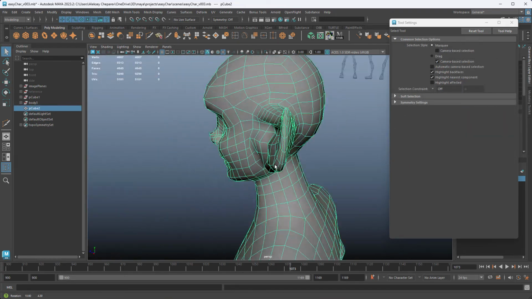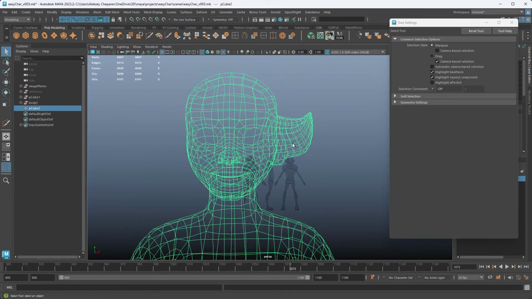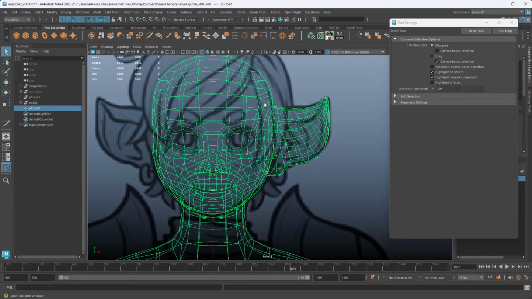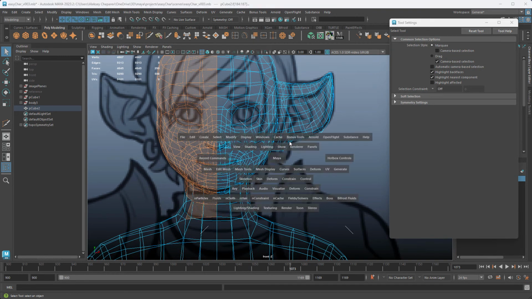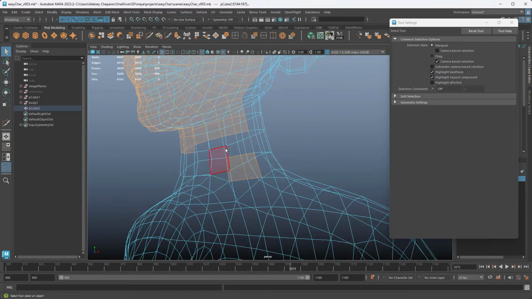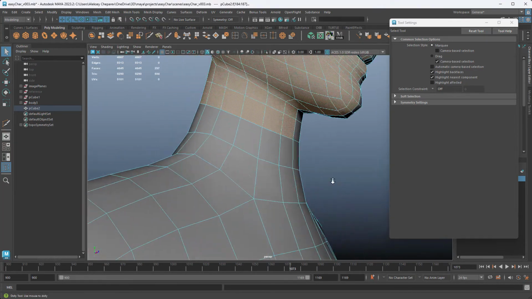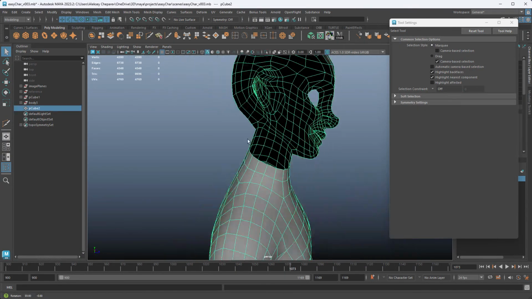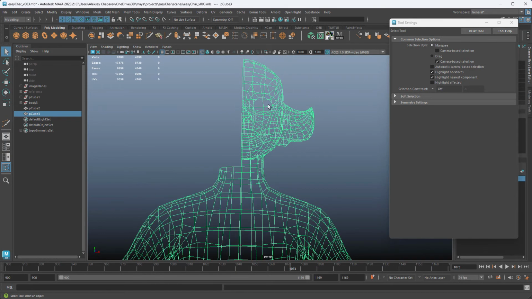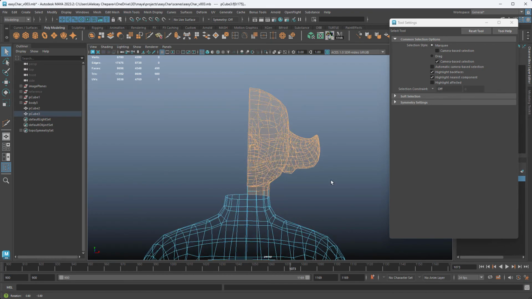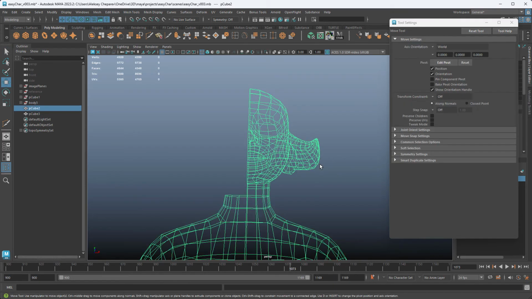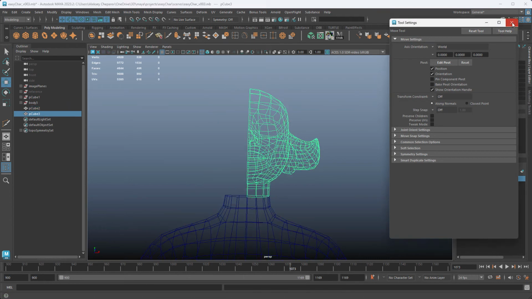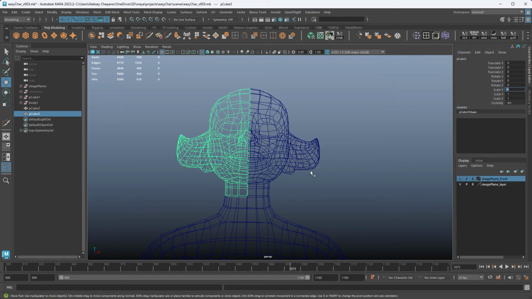Now let's add this ear to the other side. And what we're going to do is select half of the head. This half. Make sure we have a good selection around the neck. And then delete it. Duplicate. On the duplicate, select half, right click, invert selection, delete. Now I have a half of the head here, at -1 in X.